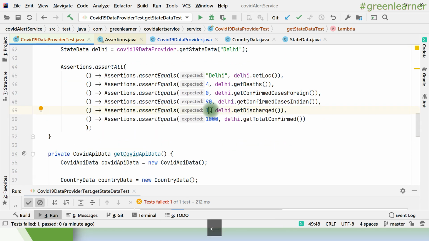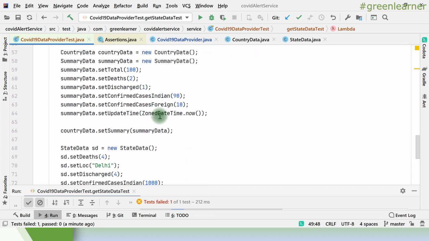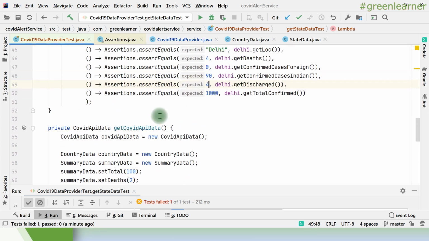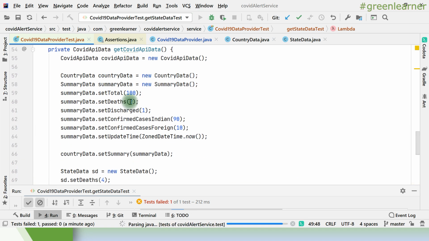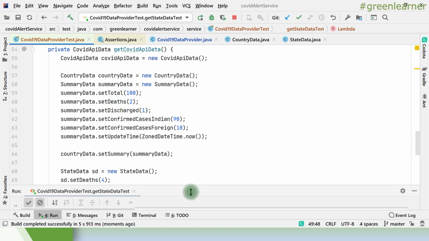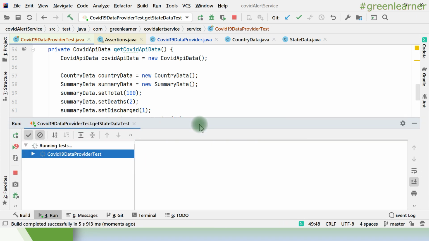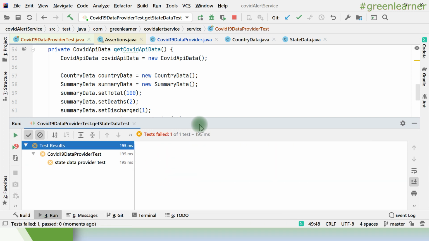See how quickly you can find the problem and correct the business logic as well as the expected sample data that you are writing here. At least summary data and state data are somewhat similar, right? The attributes are the same, so that is why there was confusion.